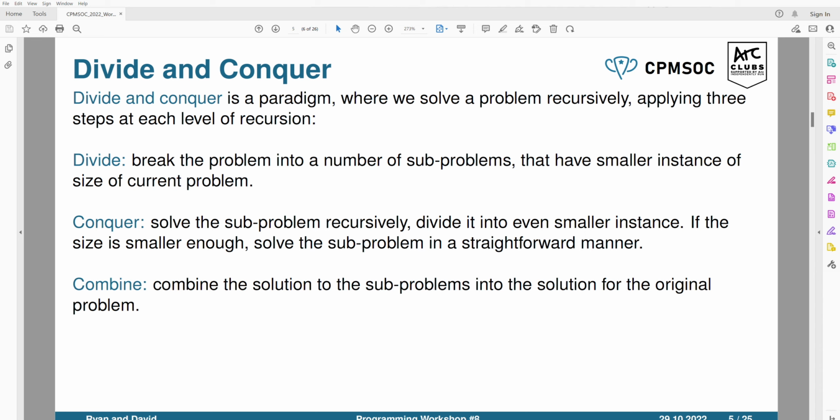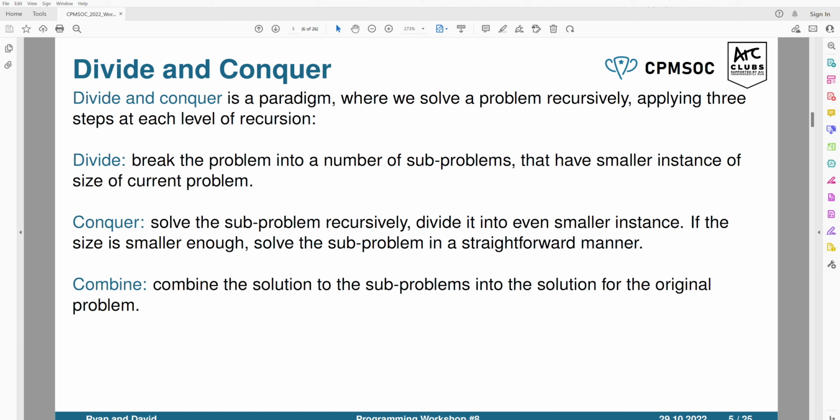And in merge sort, our problem is to sort the array. What we do is divide it into two halves, and we still want to sort the two halves, which are like two smaller instances of the array. And then it's conquer. Conquer is to solve the subproblem recursively. Divide the problem